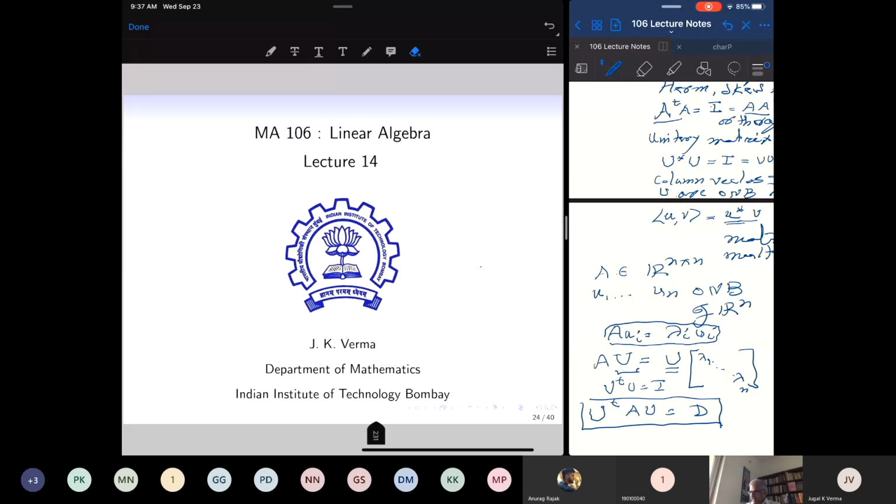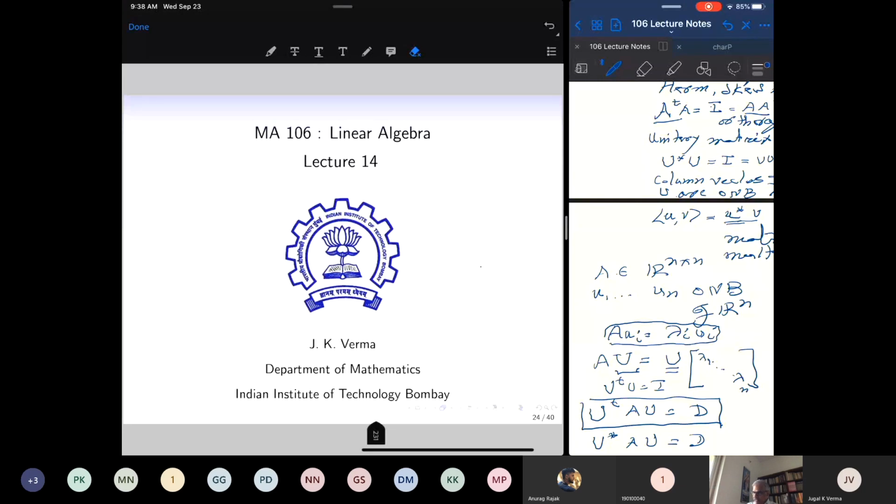If I say it's a normal matrix and I want a spectral theorem for that, normal matrices are in general complex matrices. So I have an n by n complex matrix which commutes with its conjugate transpose. Then the theorem says that there is a basis of eigenvectors of Cn of the given matrix, and that will translate into the following fact: U star AU is equal to a diagonal matrix.